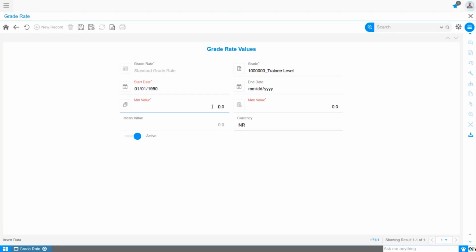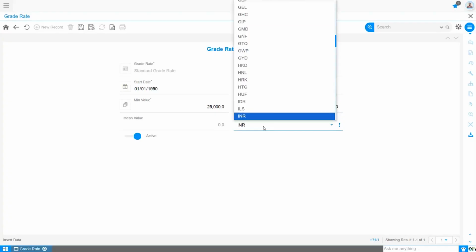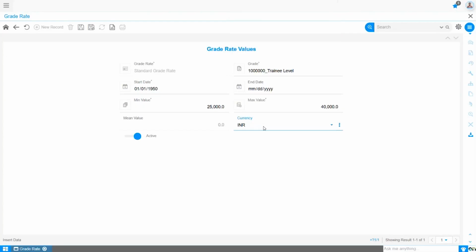You will enter the minimum value, which is the minimum salary for the selected grade, and the maximum value, which is the maximum salary for the selected grade. For the currency, you will choose the appropriate currency. The system recommends using the base currency, for example, INR. If needed, you can select a different currency from the list of values. After entering all required details, click Save. Once you enter and save the minimum and maximum values, the system will automatically calculate and display the mean value